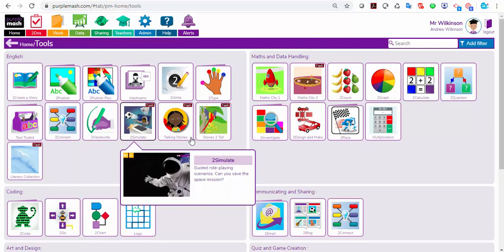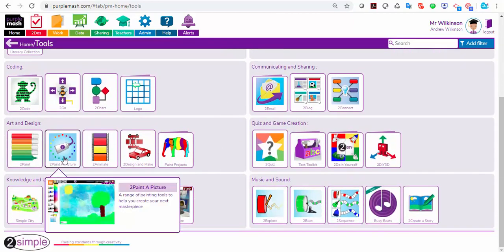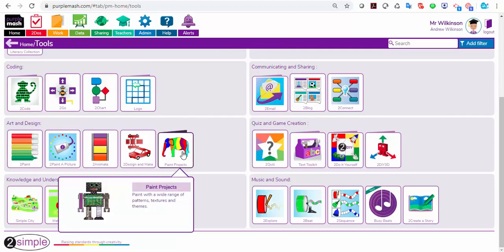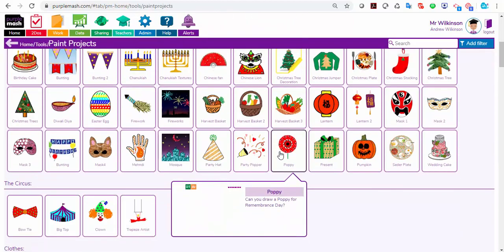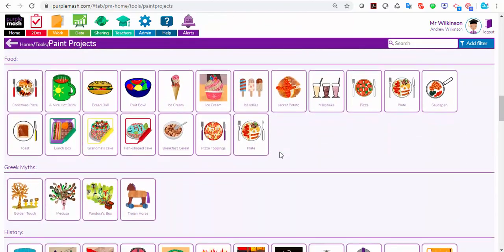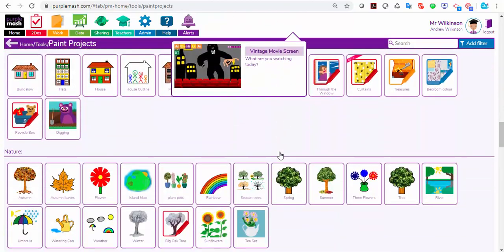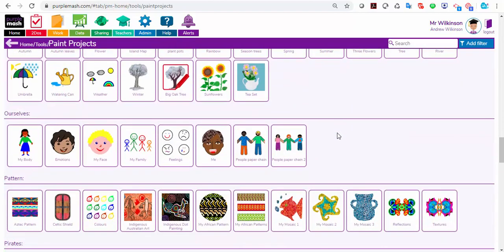If you're feeling a bit arty, you could create your own pictures, so you can paint in different styles with Paint a Picture. But for the younger ones, you might want to use paint projects. So if I click on paint projects and scroll down, then I've got some summer ones here that I might want to use. Or